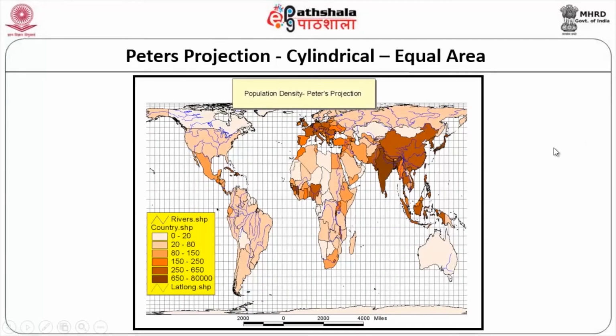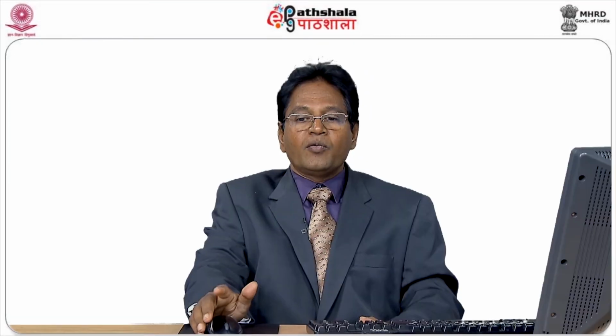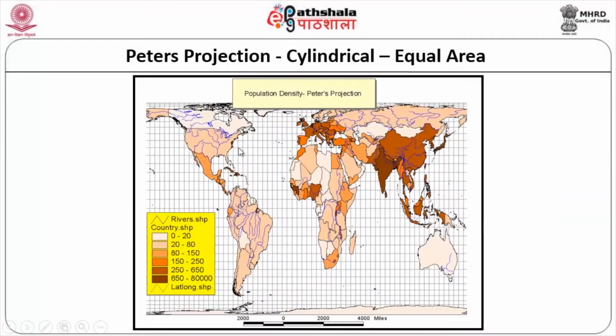This is one of the popular ones, Peters projection, cylindrical equal area. When we are trying to show different types of projections, where we do not bother about area or distance or shape, we are more interested in representing the data, something like a projection based on population density, what kind of population, to what extent you are going to use this. So depending upon your type of application, you can decide what projection.